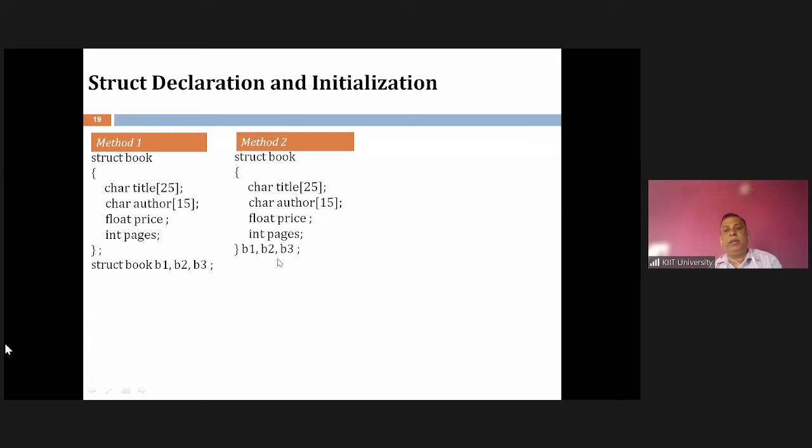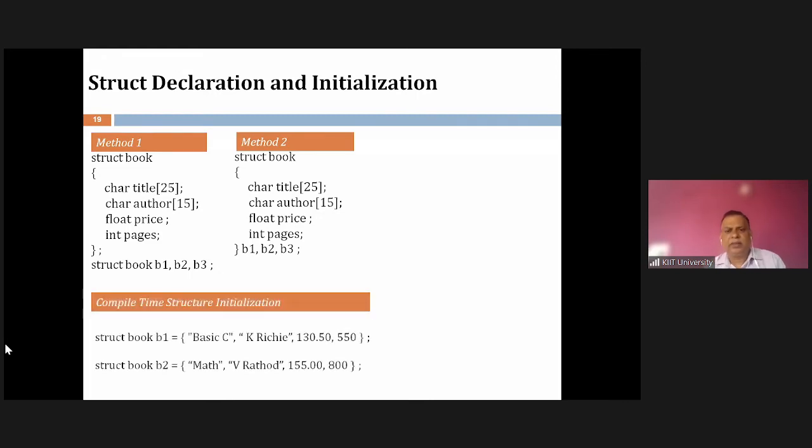Before main, the variable becomes a global variable, which has advantages and disadvantages. This I'll tell today also when we go for scope: what is a global variable and what is not. Global variable declaration has advantages and equal disadvantages. It should be declared as per our use. So if my structure variables are global, I may opt for this. If my variables are local, I should not.